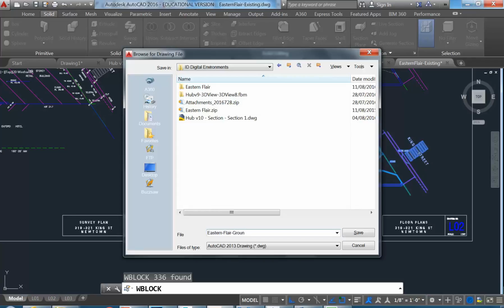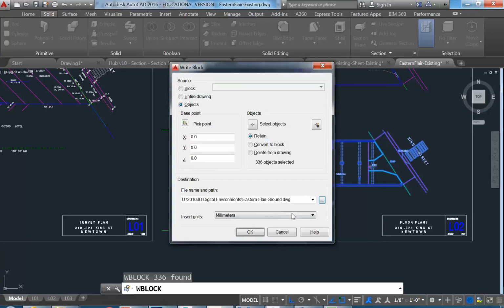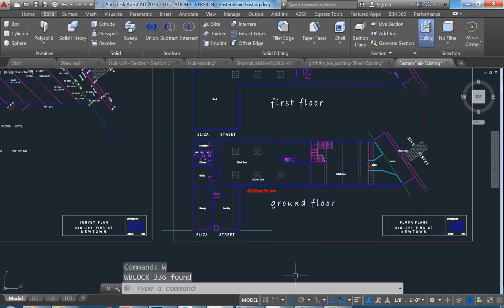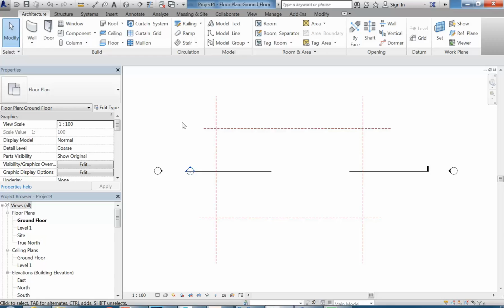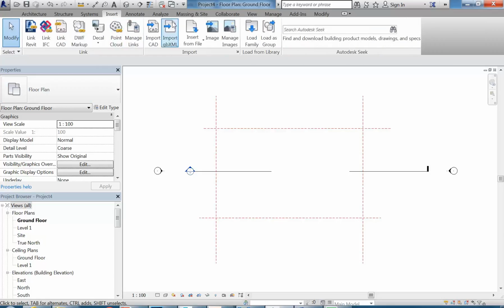Just W enter. So you need to select the objects first, and then type W enter, and then give a name down the bottom. So if I click OK now, that will be a separate file, and you should do that for each level, because when you insert that into Revit,